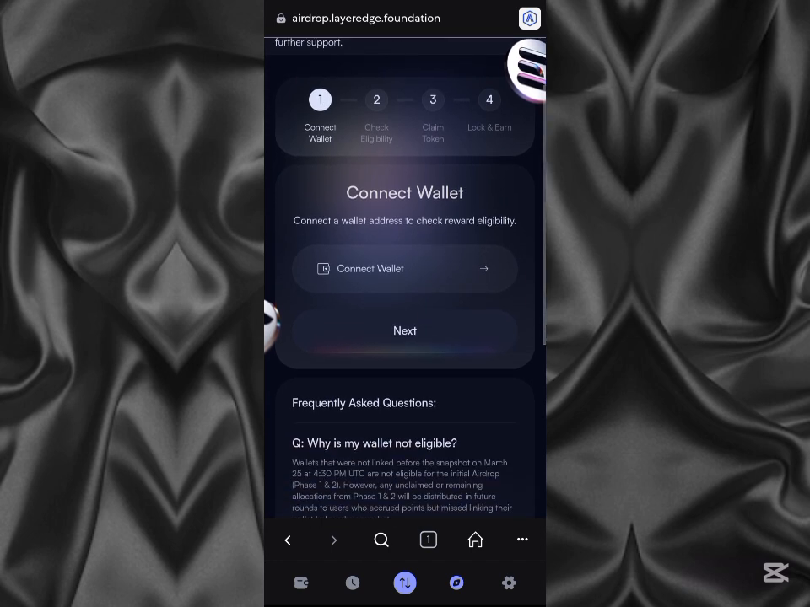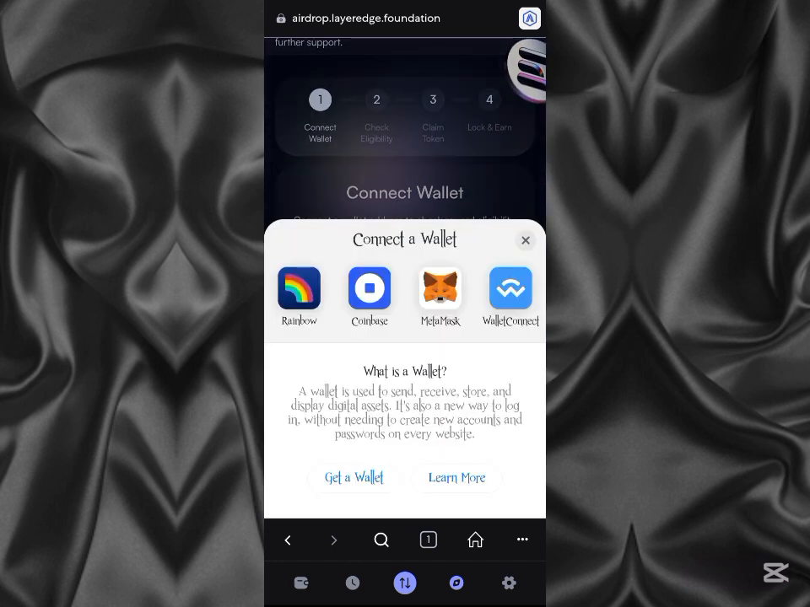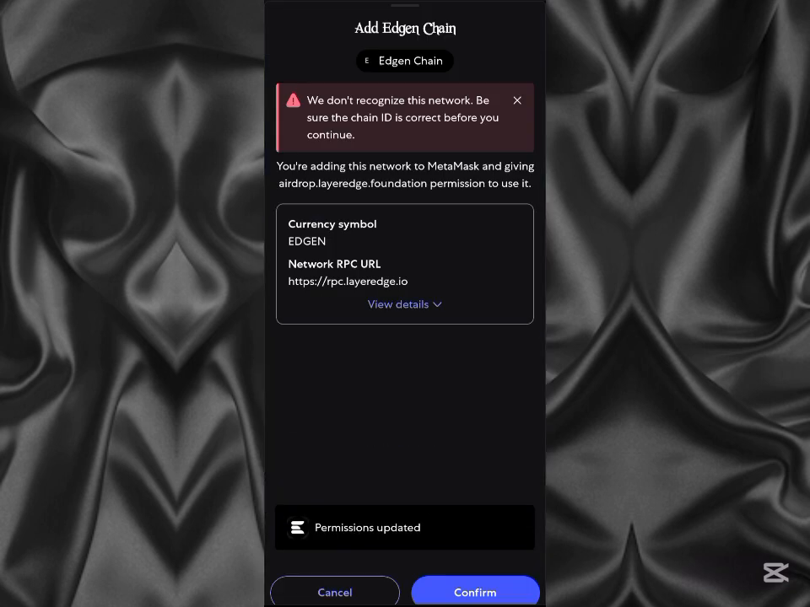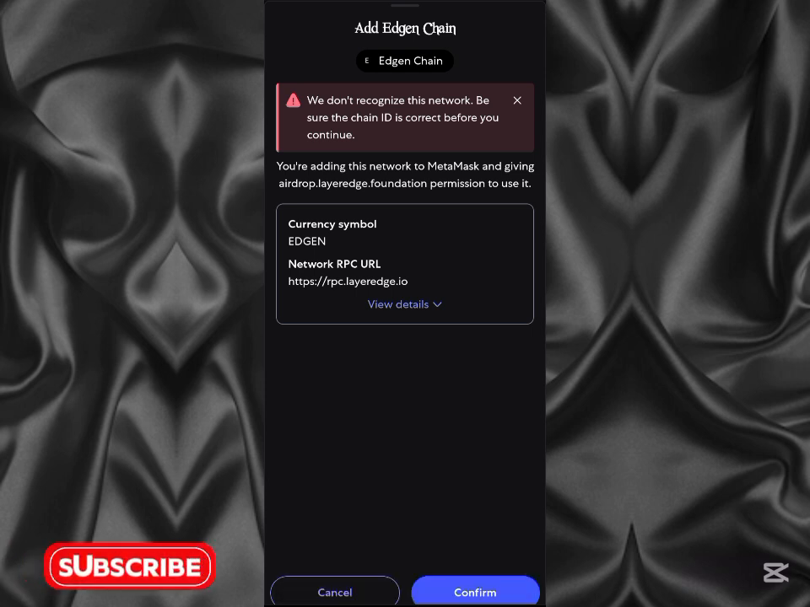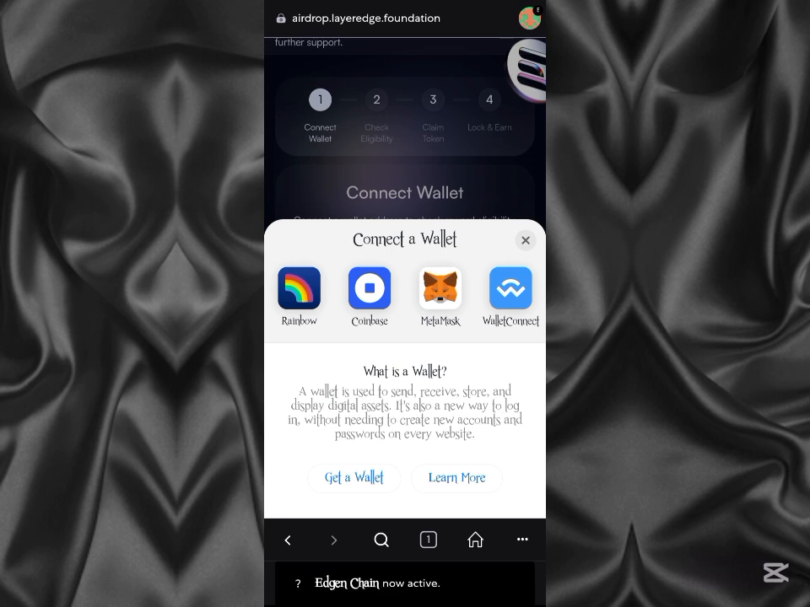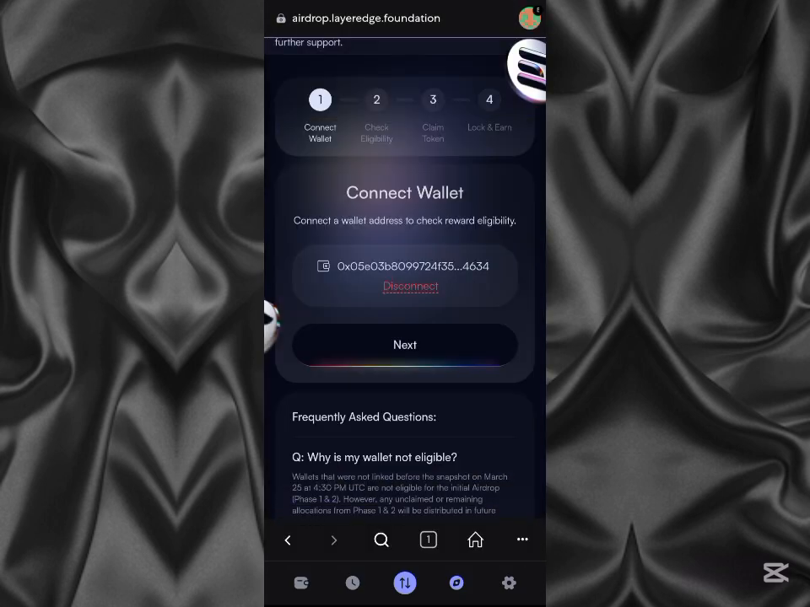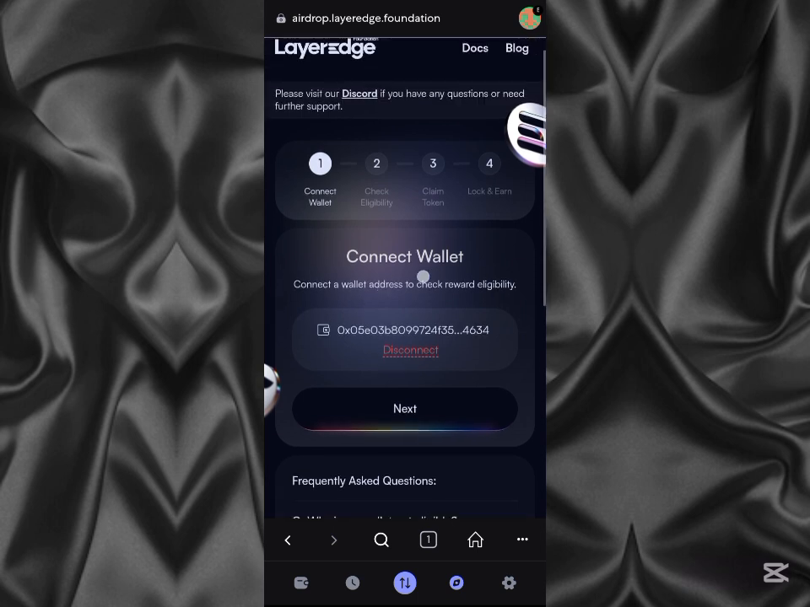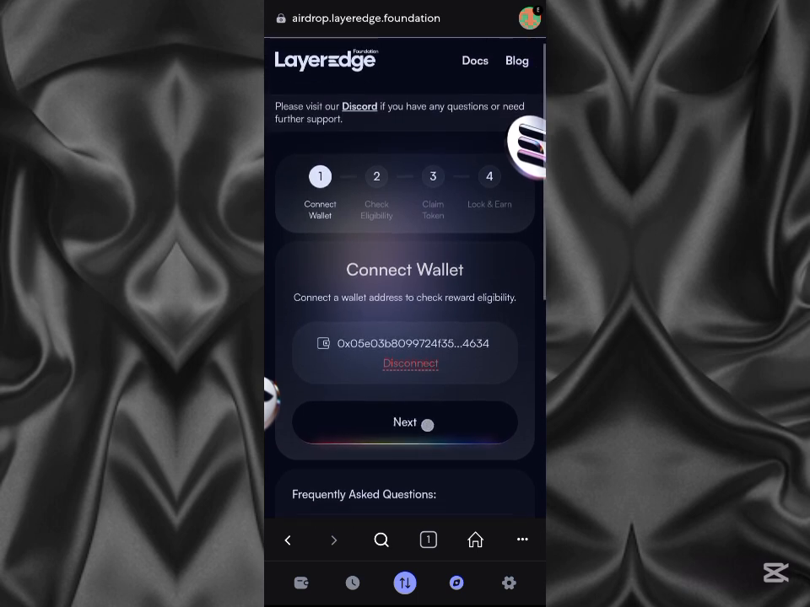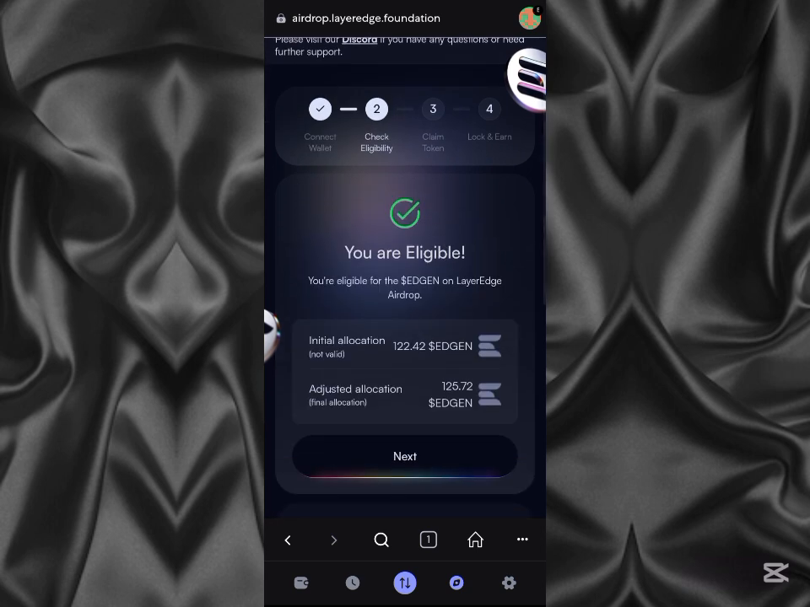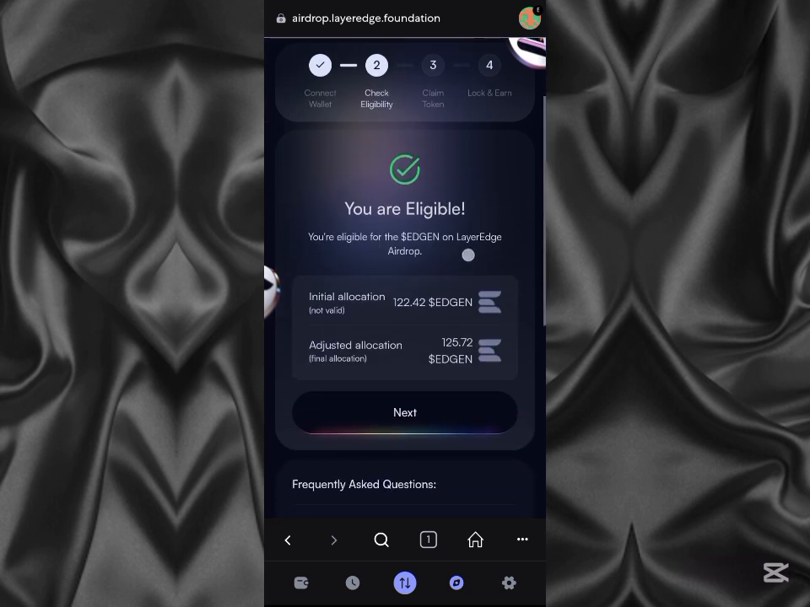Then just click on connect wallet so you can link the airdrop wallet. So select the wallet you used and go ahead to connect it. Then confirm. And that's it. We are connected. You can see the wallet address right there. So click on next, and then you can see over here you are eligible for the